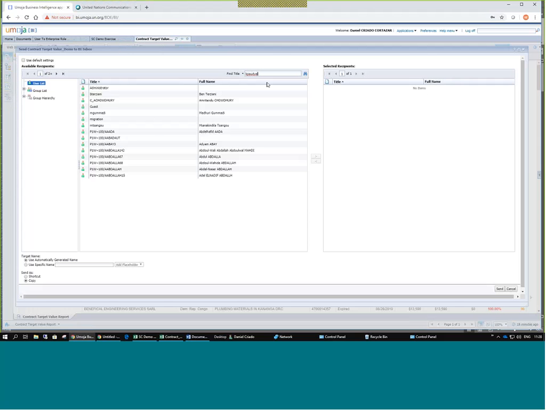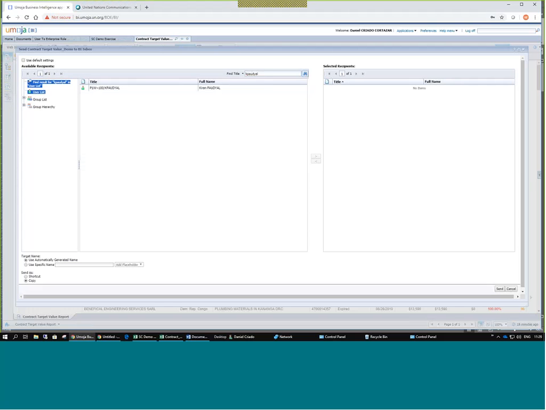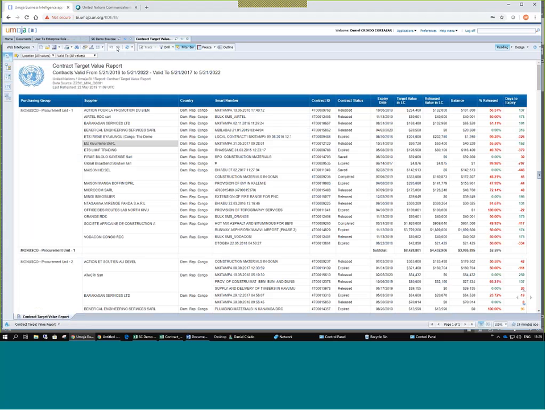I'm going to put it to, I think that's Kiran. Kiran Pairal. So I select there and I send it to him. So basically, when I'm doing this, I'm sending to another user. This user, first, is in BI because I found this user. But secondly, he or she, in this case Kiran or myself, will have to retrieve this report